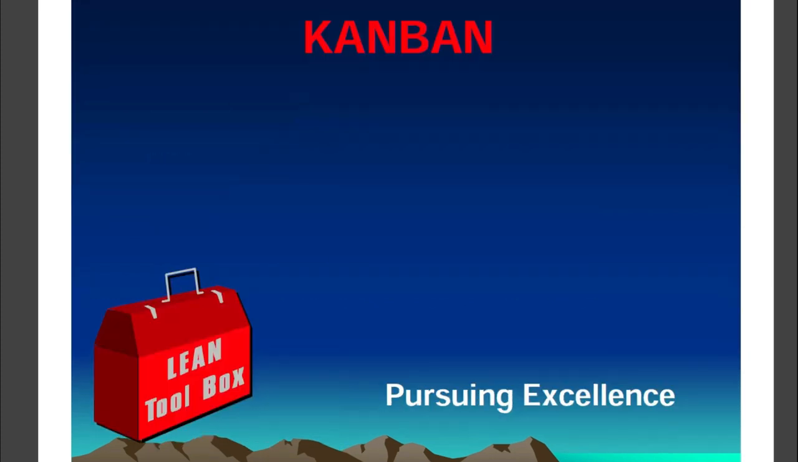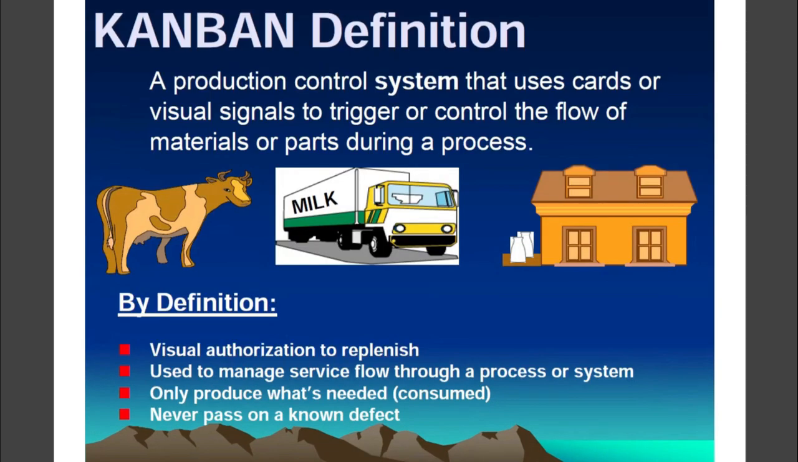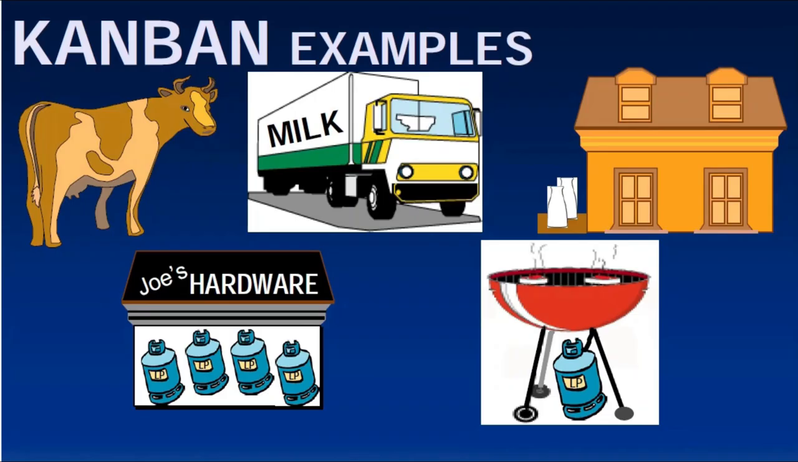Kanban, pursuing excellence. Kanban definition: a production control system that uses cards or visual signals to trigger or control the flow of material or parts during a process. By definition, visual authorization to replenish, used to manage flow through a process or a system. Only produce what's needed, never pass on a defect. Kanban examples: